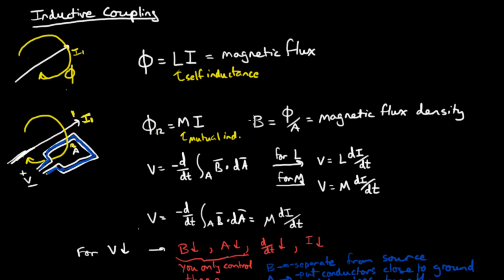And let me make a side note here. You'll often see B here, which is the magnetic flux density, and that's just phi divided by A. So in this case, it would be the net amount of magnetic flux penetrating area A divided by area A, and that's the magnetic flux density. We know by Maxwell's equations that the voltage has to equal the time derivative of the net magnetic flux through that area. And so you can see V equals negative d/dt times the area integral of the magnetic flux density times the area. And I want you to remember,